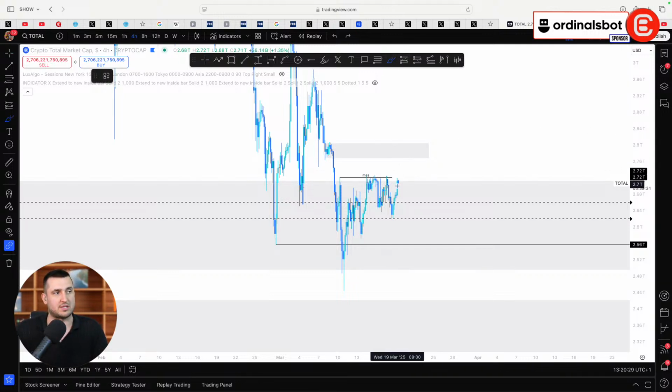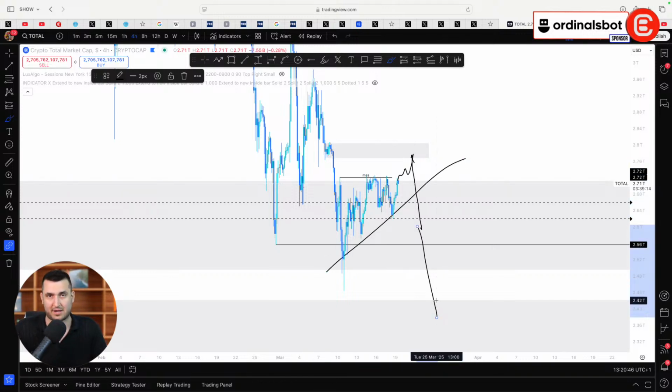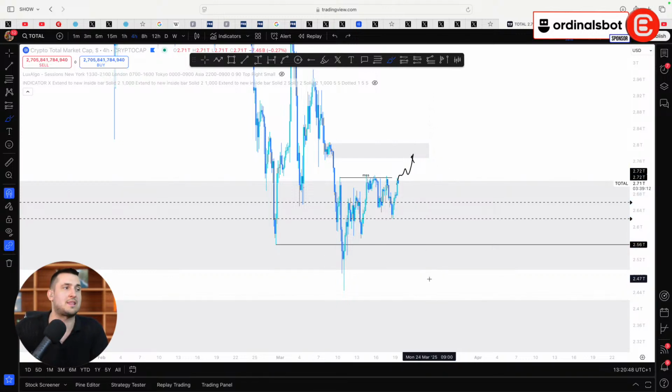Now, here's what I think is going to happen. I do see two scenarios. One, we wick through and not close above on the 4 hour. That would be magical. That would be ideal. Even if we get very good news, whatever, not close above and come a little bit lower down here, take all this liquidity, go down to the 2.39, have the last dagger down and then move on. What I think ultimately will happen, though, is that, again, no one knows. Everything is driven by macro, and macro has a shit show with FOMC, which is the dot plot.